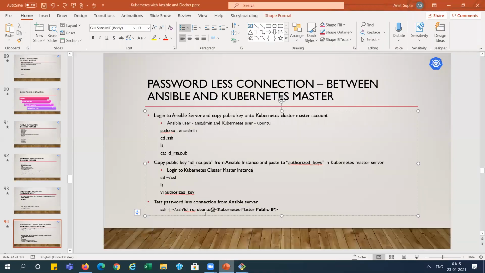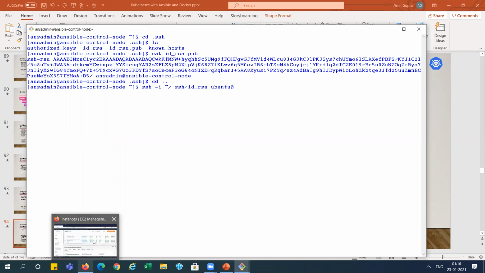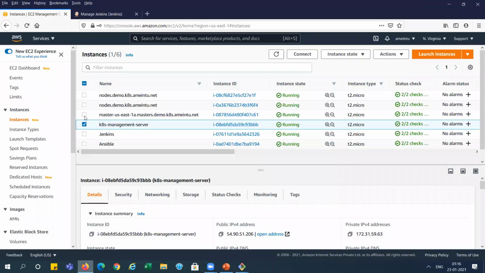You can see here, test the passwordless connection from the Ansible server. We will go directly using this server. This is our Ansible server, and this is the Ansible control. We are just trying. We will connect with SSH as Ubuntu, and this is the public IP for this master server, right?